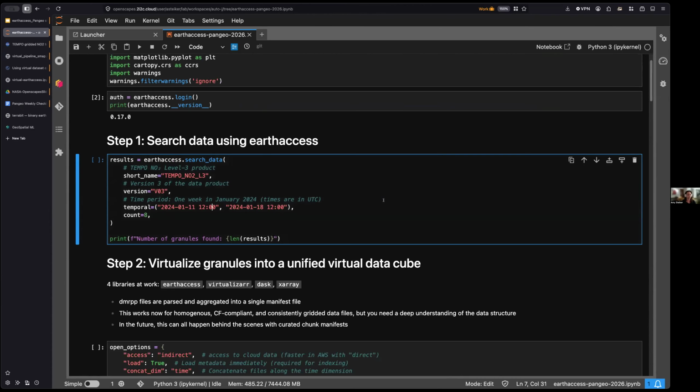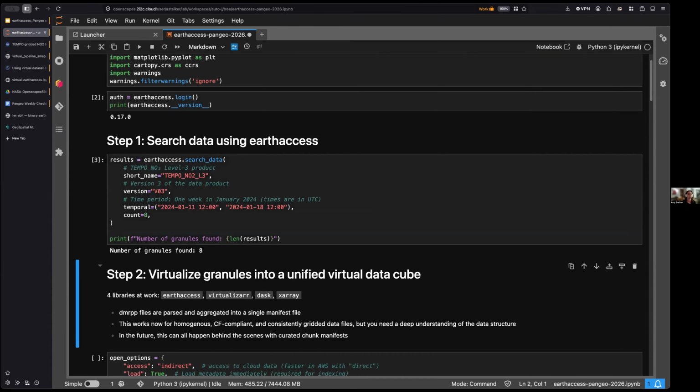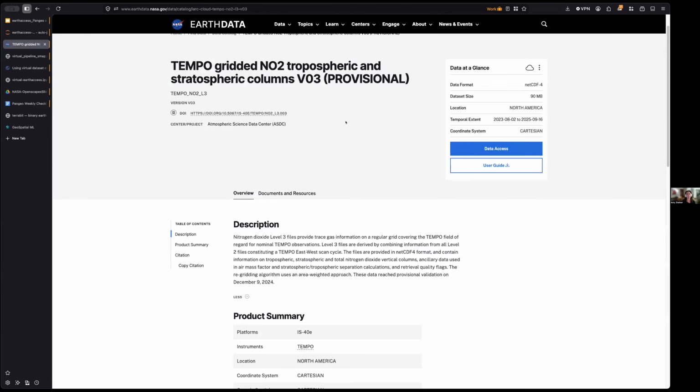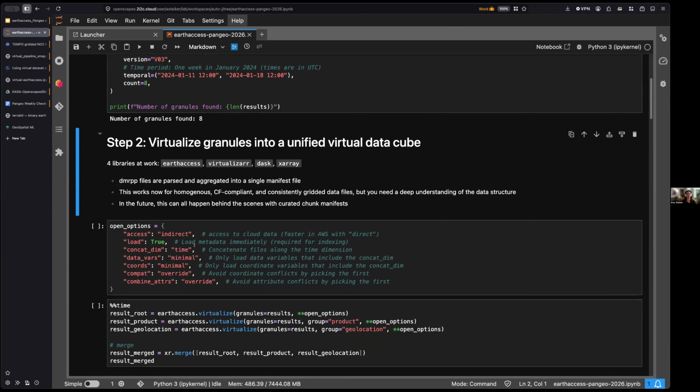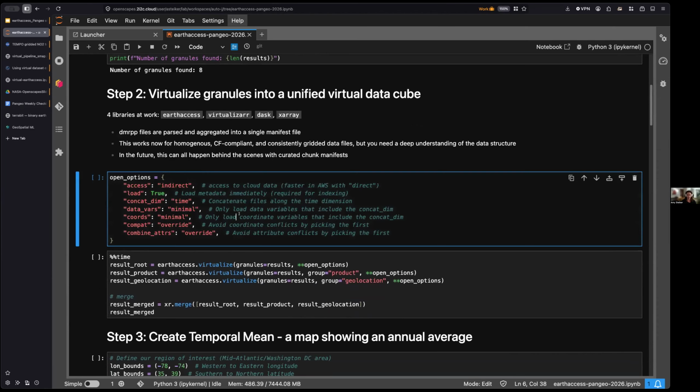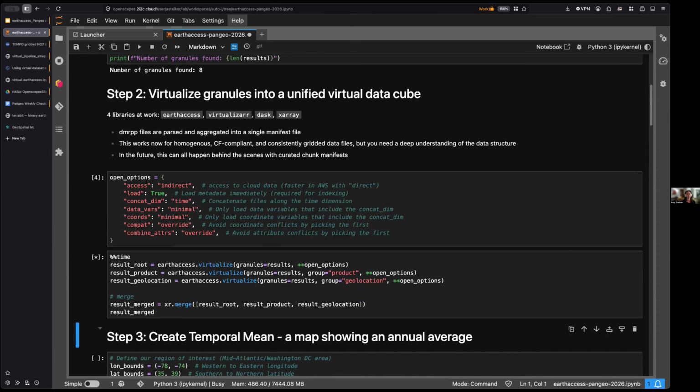So this is just a toy example that is included in the earthaccess documentation. We're looking at a data set from the TEMPO mission. This is a fairly new mission. This is a level 3 data set that highlights nitrogen dioxide along a tropospheric and stratospheric column. So we're just looking at 8 files over a week plus a day. And then I'll run these 2 cells that is highlighting that simple step 2 to virtualize those files into a